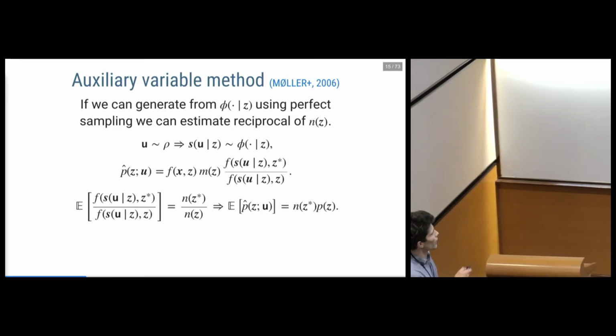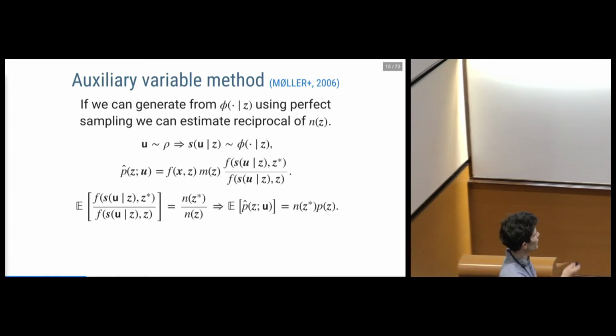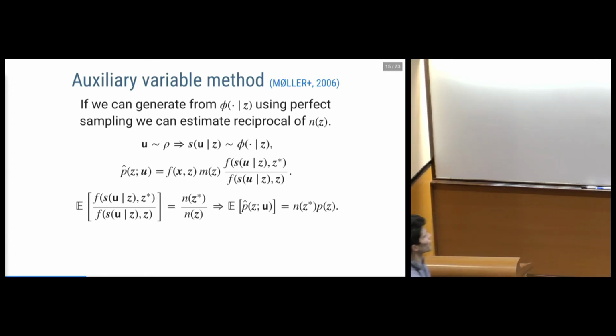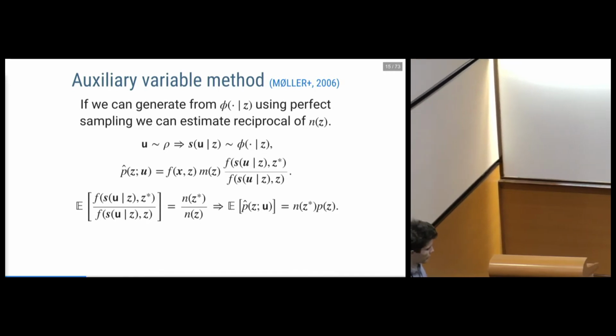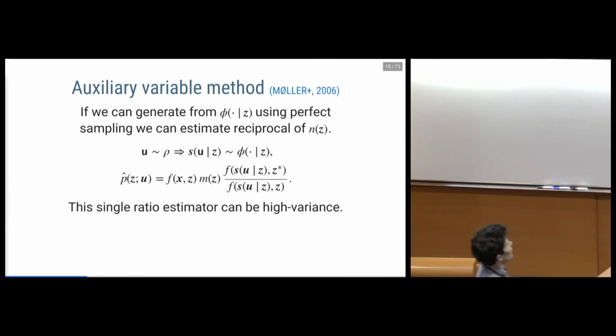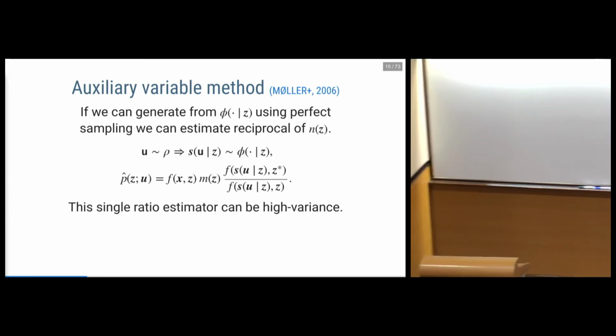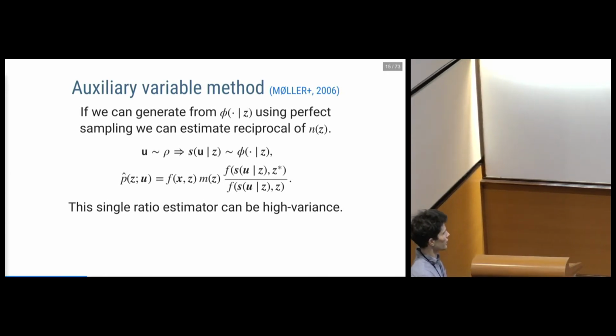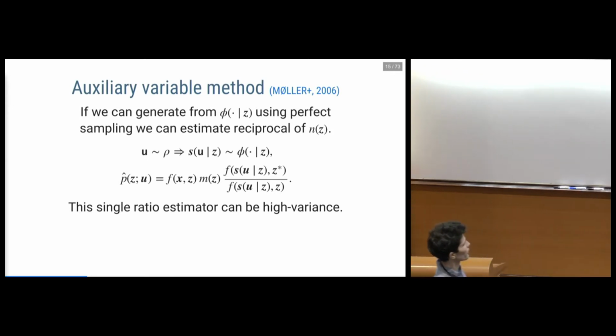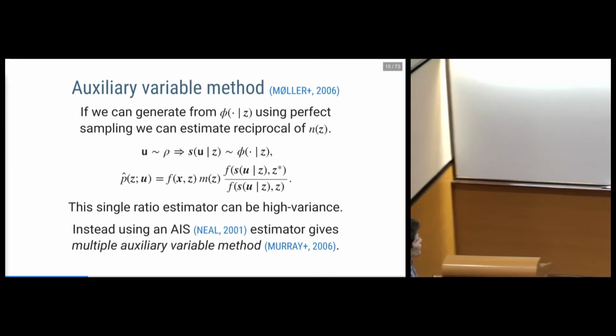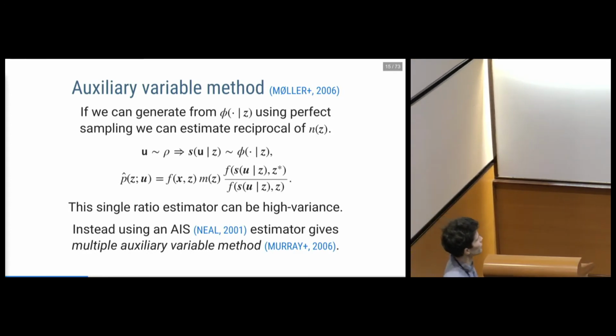And so this altogether shows that this estimator, if we are able to simulate using these kind of perfect sampling methods, will give us a way of unbiasedly estimating the density of interest. So in practice, if we use a simple estimate like this in a large problem, this can become unusable due to the variance. So there have been extensions to this method.